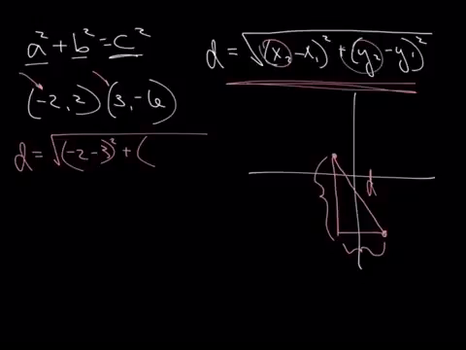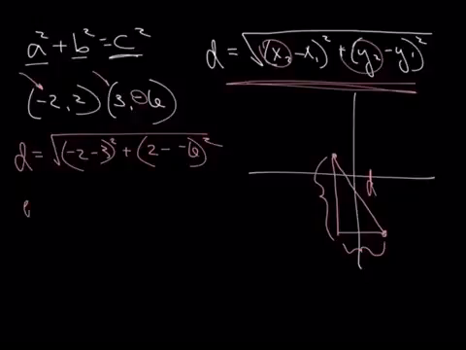Alright, the y here. It does matter which one you use because you used the negative 2 for x2. You have to use the one that goes with negative 2, this one here, for y2. So if you use this for an x2, this has to be your y2. So my y2 is 2 minus, don't forget,